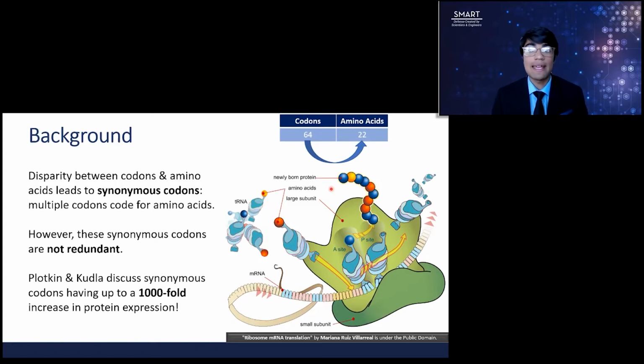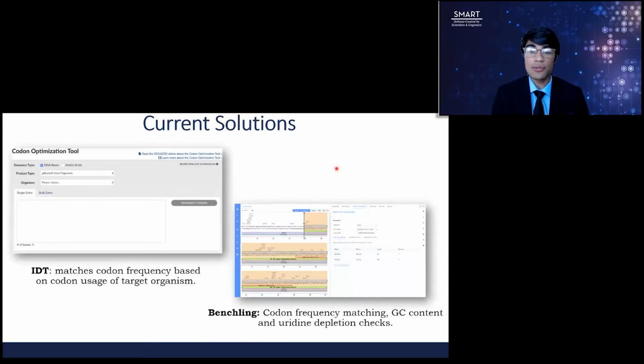Low-frequency codons end up taking longer to be translated due to less tRNA being present in the host for that specific codon. By using some codons over others, like for instance, the UAC codon instead of AUC, there can be massive effects in the recombinant expression, up to 1,000 times. If we design proteins with certain codons over others, translational efficiency improves, decreasing the cost of the end product and improving the overall efficacy. Current solutions are led by biotech companies like IDT. However, these tools have a major drawback.